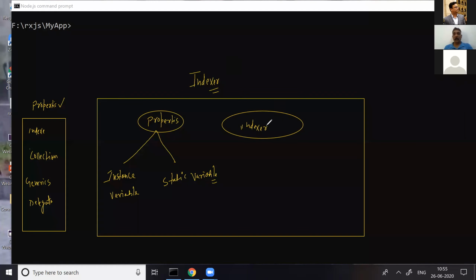Now think first of properties. Recall my last example, class HR and class applicant. The HR class wants to communicate to the applicant class to access the information.